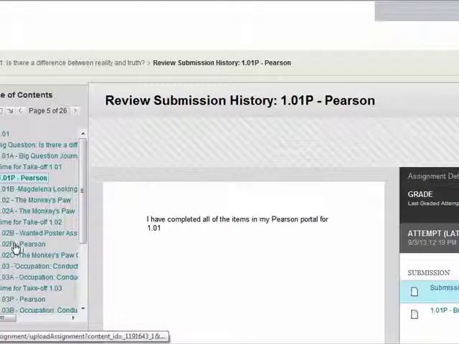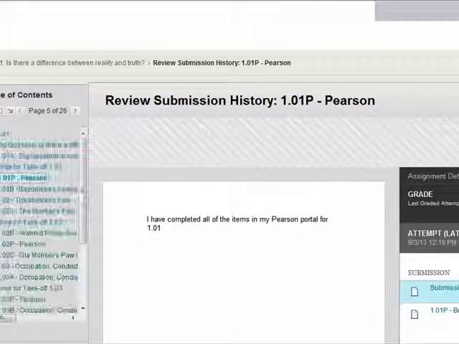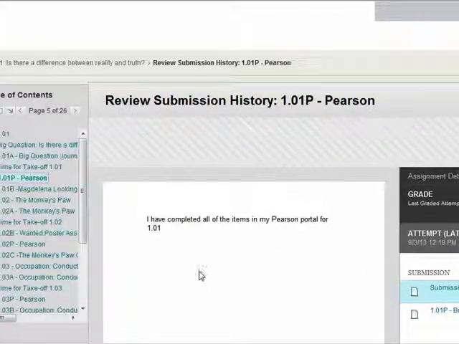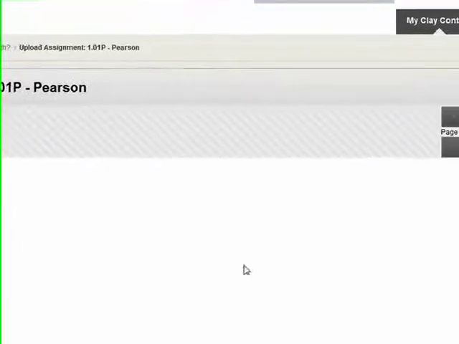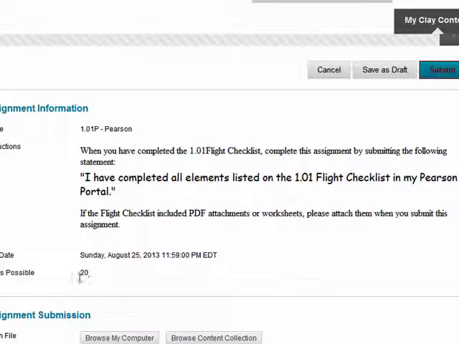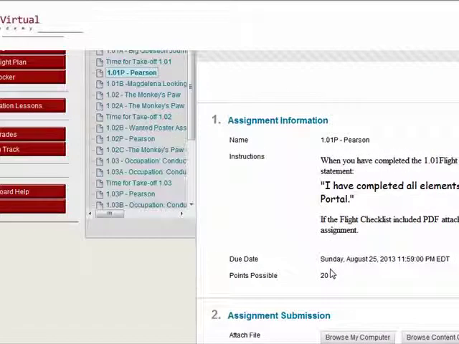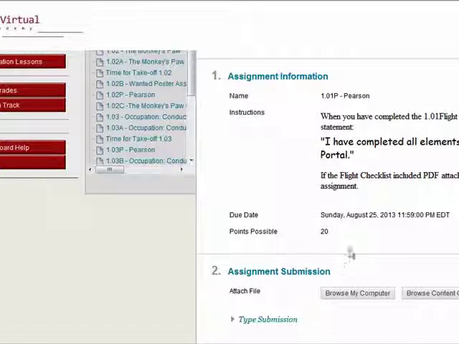But let's say that she had not. She could go and start a completely different attempt. And to do that, we're going to start a new submission down here on the bottom because she wants to resubmit her work. She got a comment back from Ms. Green that she needed to go and check numbers 2 and 3. So she's done that, and now she wants to